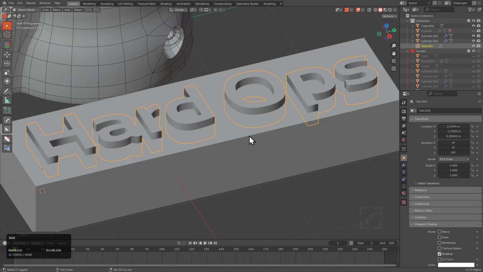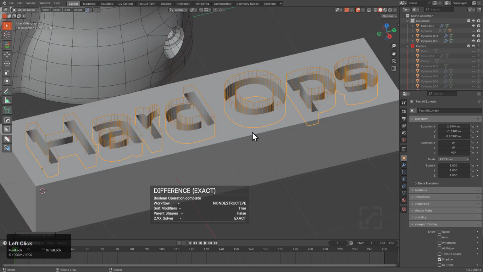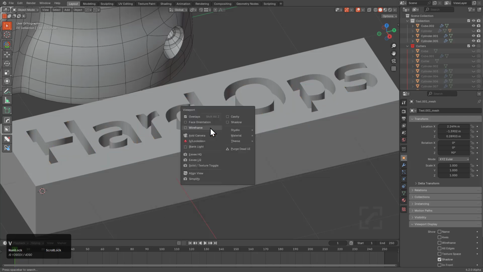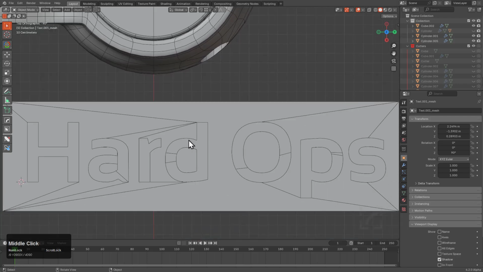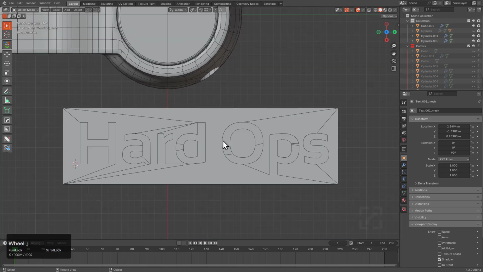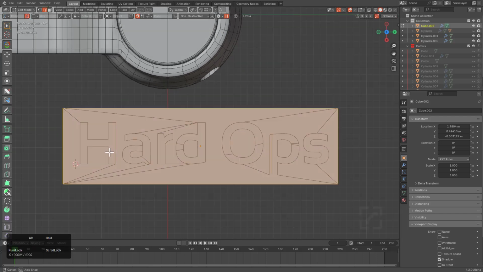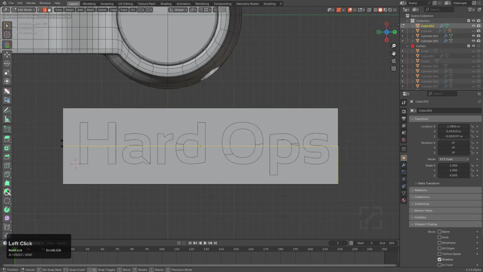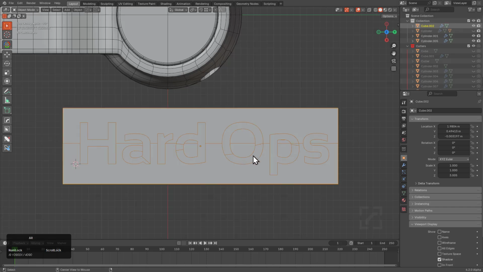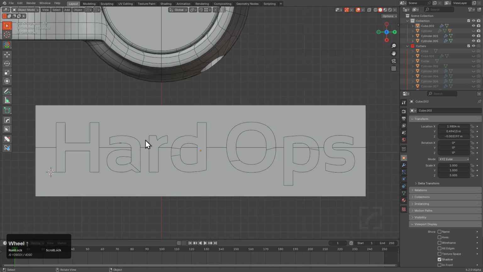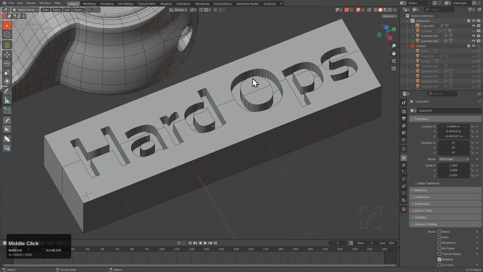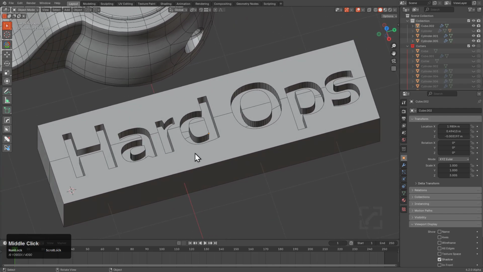And so with these two, we can now select them both and perform a difference. Even though we're on exact, let's change that to fast just to keep things fast in this performance. And let's press Alt V and look at the wireframe. So even though all the outside geometry is just popping everywhere, the inside geometry has been optimized via a second degenerative pass added to clean mesh that is run on these objects. So we'll just place a loop down the middle just to make it formally clean. And now you can see that whenever I perform this operation, the mesh isn't as messy as it used